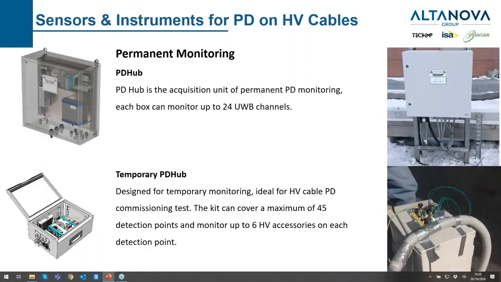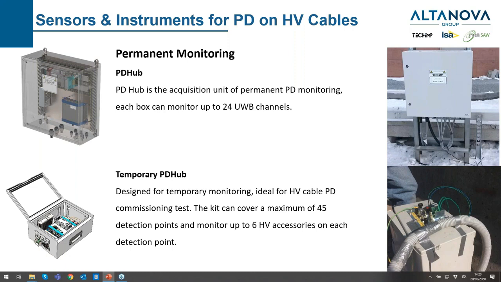In the permanent monitoring system, we have many detection points along the high voltage cable. Those are called PD hubs. They are the core of the permanent monitoring systems. We have several of them distributed along the high voltage cable, normally one PD hub for each set of accessories. All these PD hubs are connected together via fiber optic, and all connected to a main server where all the data is stored and saved, and alarms are triggered in case of